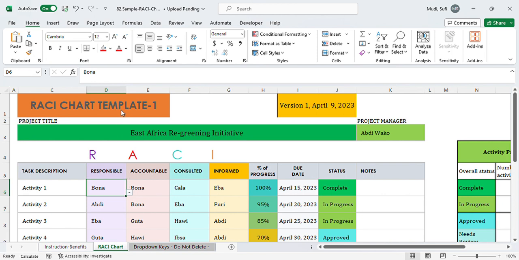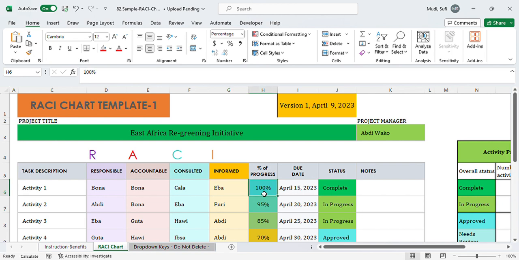Here is the drop down list showing different resource people: Abdi, Bona, Chala, Eba, Furi, Guta, and so on. In this case, I have selected Bona, and for accountable also Bona, for consulted Chala, for informed Eba,